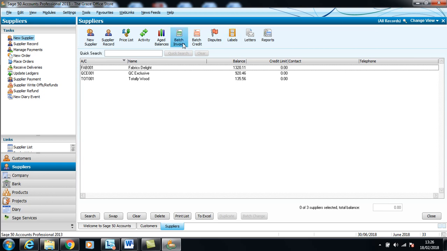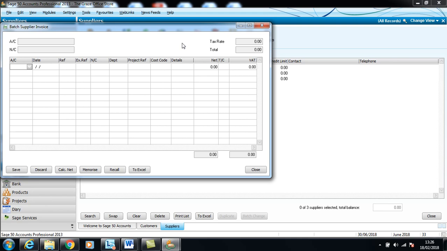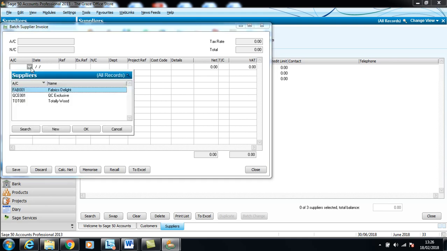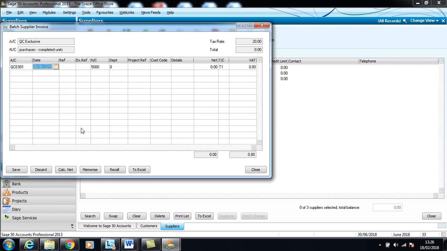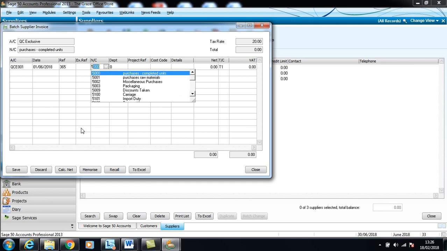So this one, batch invoice as before, and this one is to QC exclusive, and this one is for, what's the date, 1st of June. Reference number is 365. This is for plastic chairs. So what we did when we did the purchases, we did the completed units, which is 5,000, which is this one, the plastic chairs. We also did the purchase of raw materials, which is what we use for the plywood. So this one is completed units,